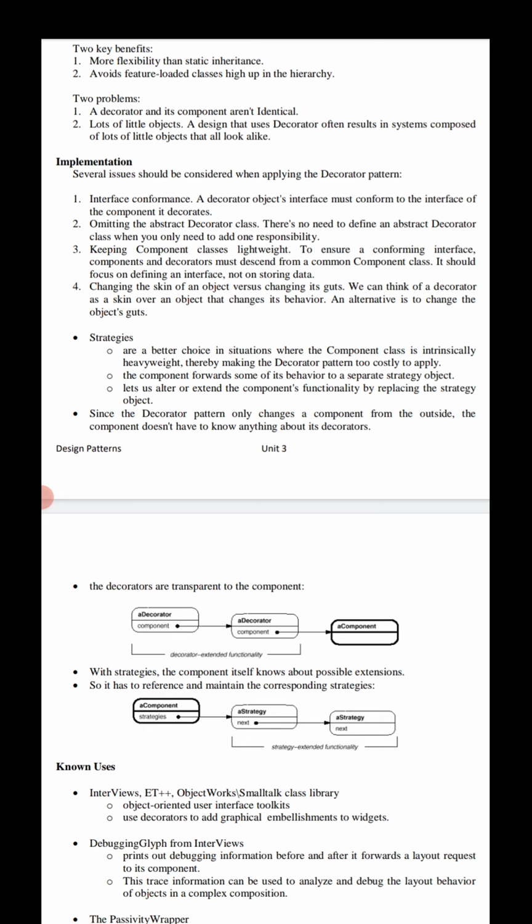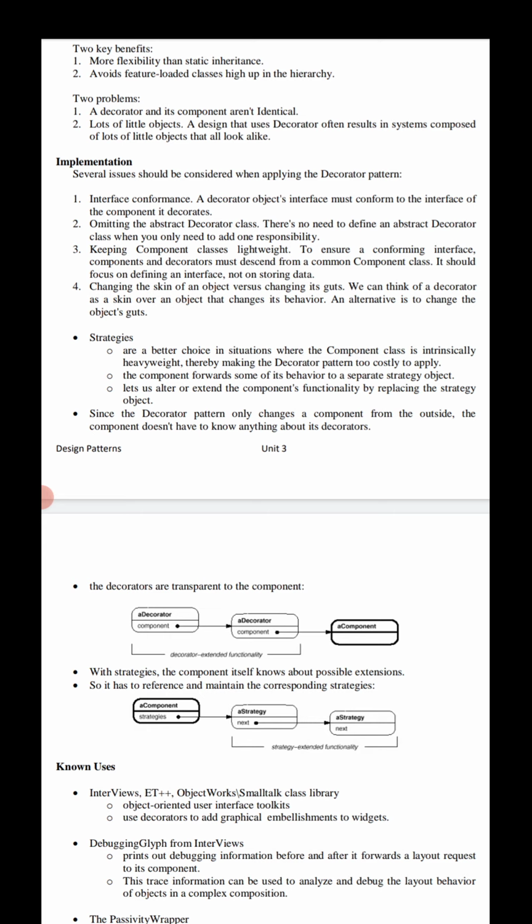Here the decorator is the subclass, and we create concrete decorator classes. So the concrete decorator classes must inherit from a common class, at least in languages like C++.